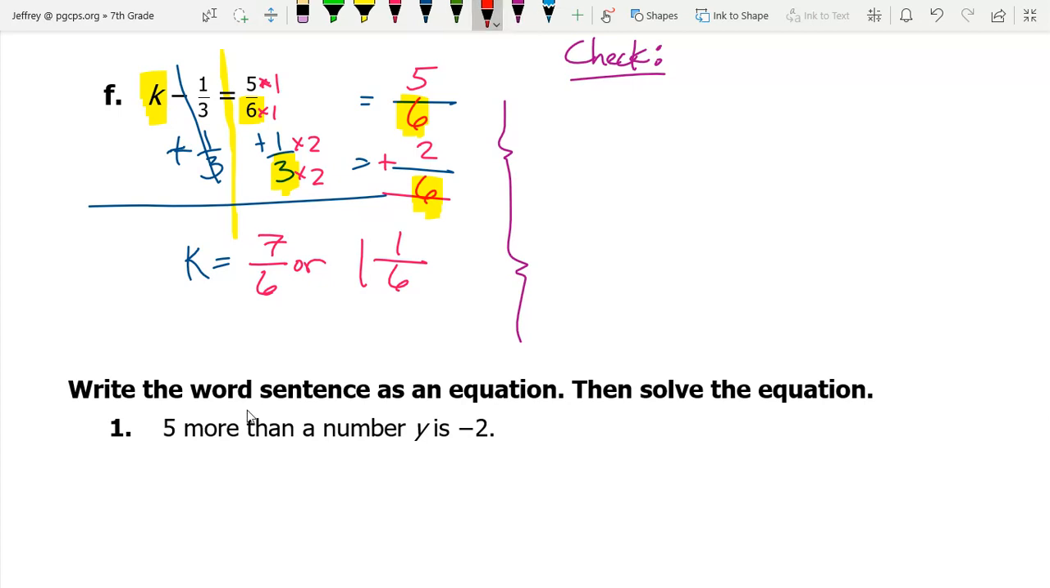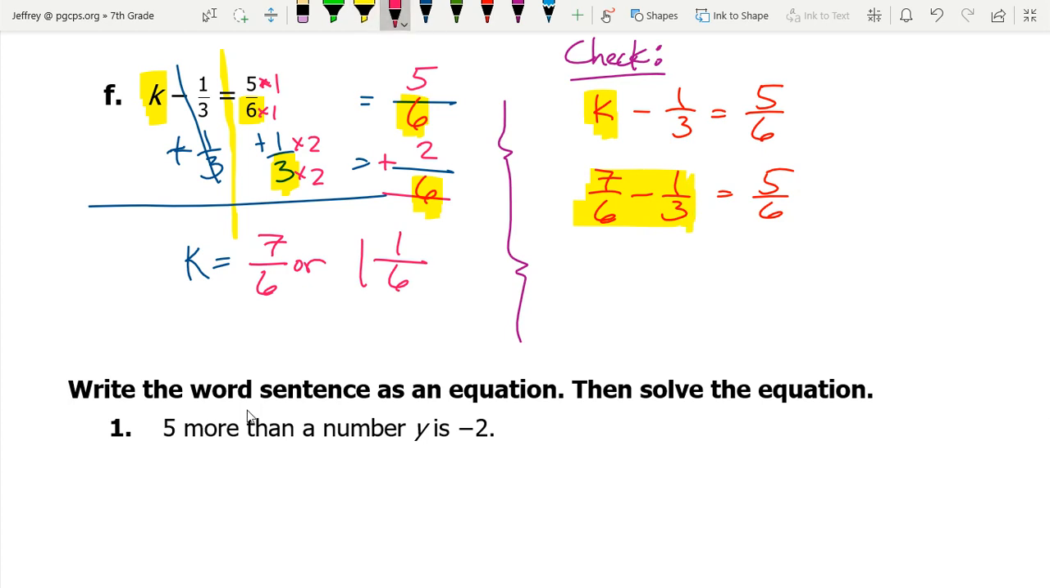You copy the original equation, which is k minus 1/3 is equal to 5 over 6. And what is the value of k? That is 7/6. I'm going to use the improper fraction. So 7 over 6 minus 1/3 would give you 5 over 6. If you simplify these two